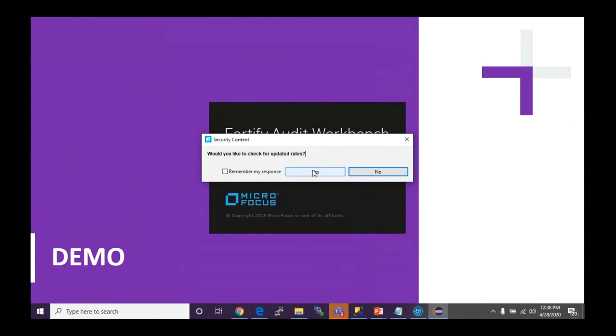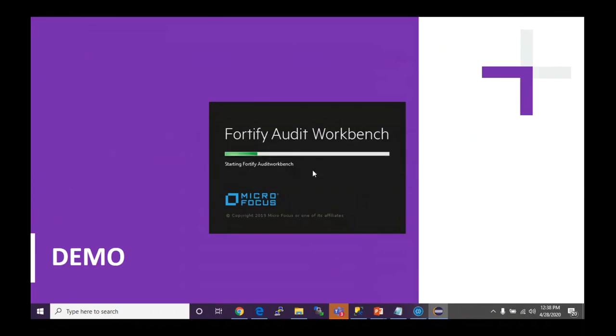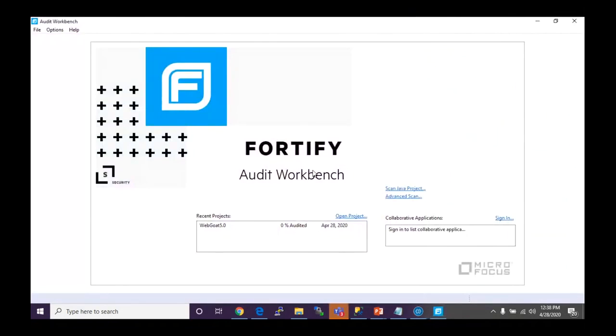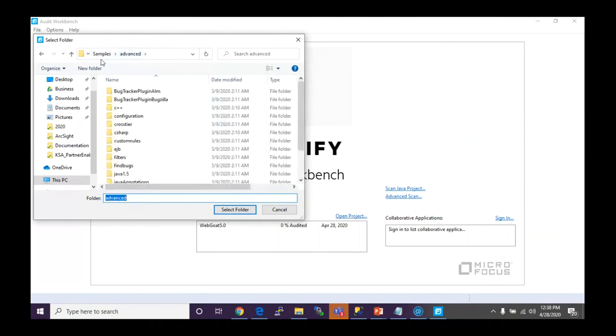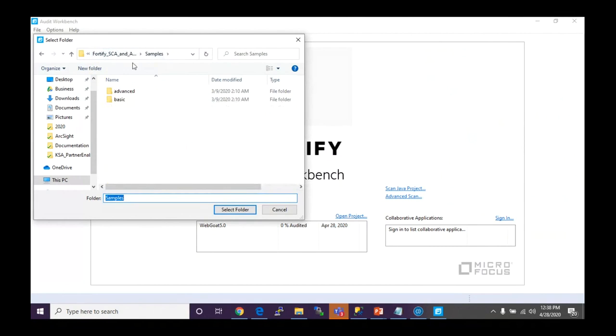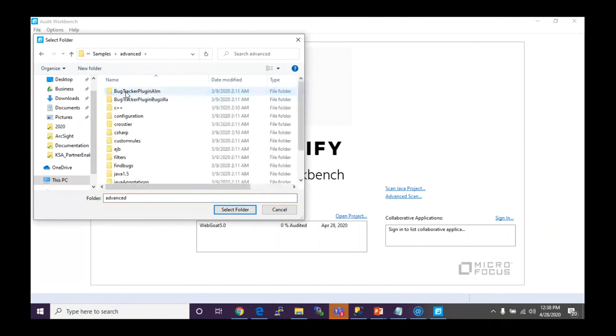So as of now, I'll click yes, so that it reviews. Fine, it has done, it has reviewed. No updates were required because I installed this recently. Now, let me show you how we initiate a scan. If I have to scan source code, I click on the advanced option and I showcase where exactly my source code is. Right now I had source code available, which is within the samples. I had selected